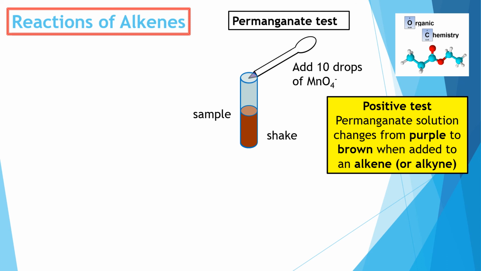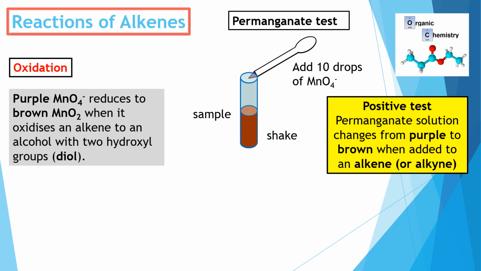But also that we had the bromine water test that we could use as well. It just depends what's available. They both work. Okay, so this is an oxidation reaction. What's happening here is the purple permanganate is being reduced to the brown manganese dioxide, and in the process it